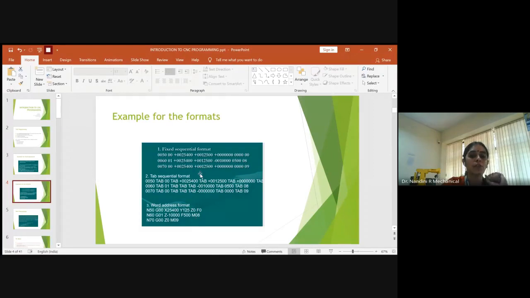By looking at this, what do you understand? In CNC, which format do we use? Anyone can answer me? Is it fixed sequential, tab sequential, or word address format? You have studied SIM already. You need to answer me. Which format did you use to write the program when you studied the subject SIM? Is it fixed, tab, or word address format?